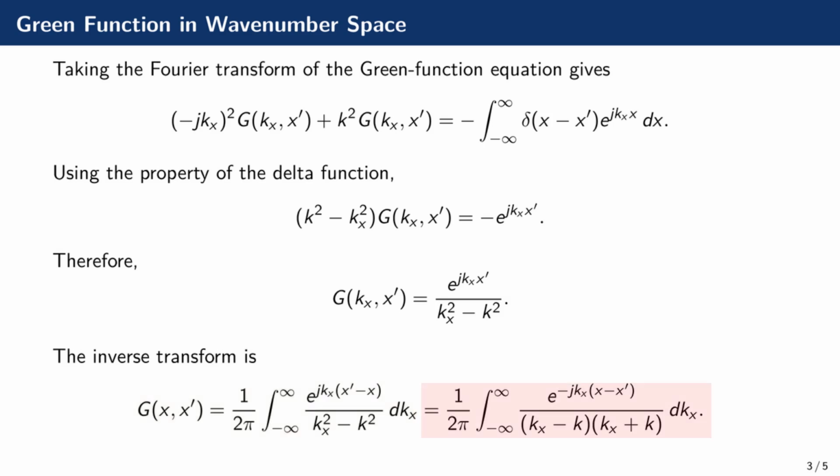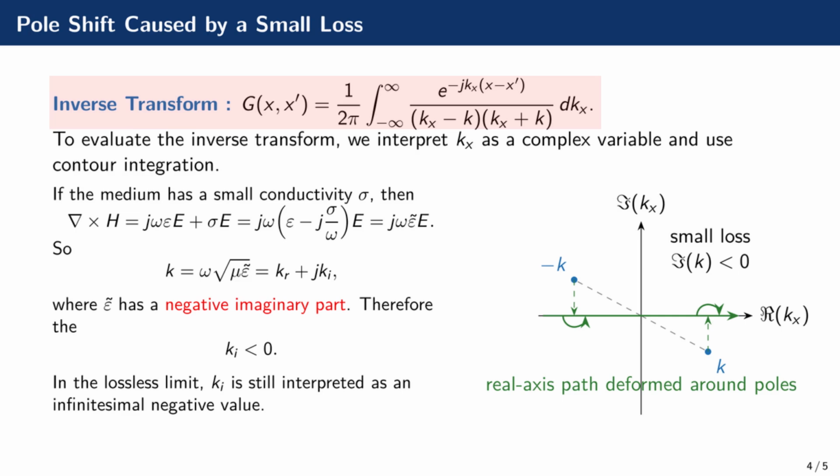Here we write the denominator in this form so that the poles can be seen more clearly. The integration path of the inverse Fourier transform runs along the real axis from minus infinity to plus infinity. To evaluate it, we extend the integration variable k_x to the complex plane and treat it as a contour integral there. To determine how the contour should pass these poles, we consider a medium with a very small